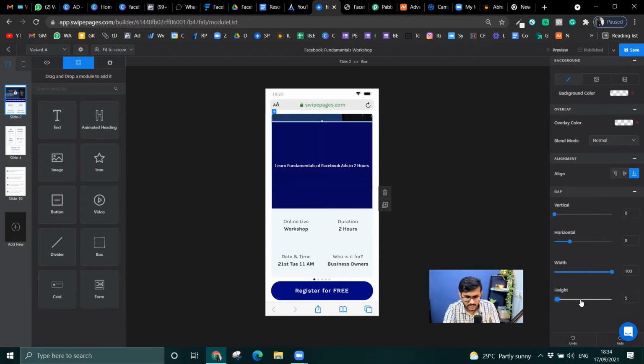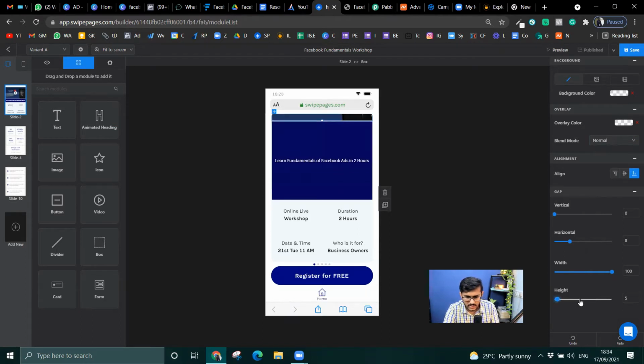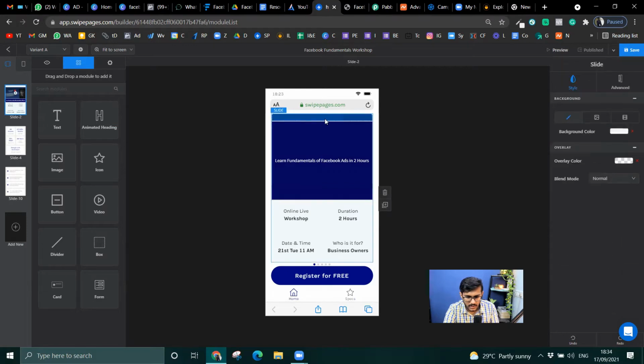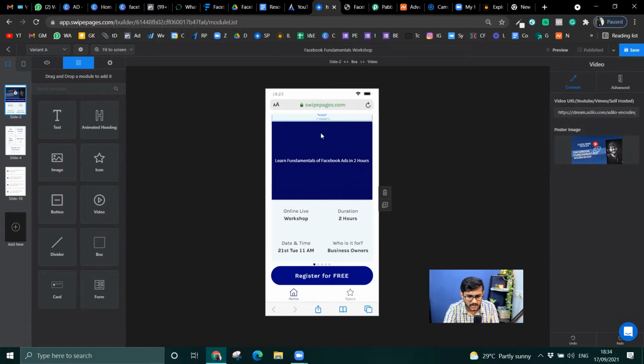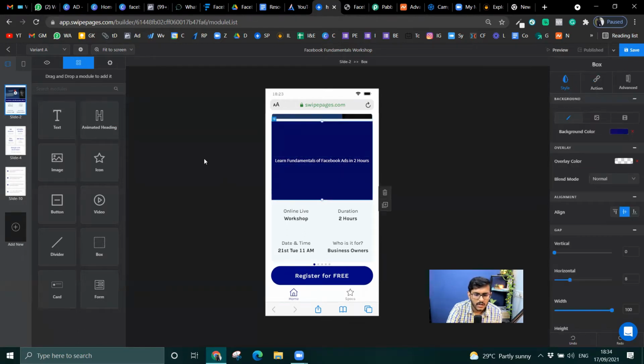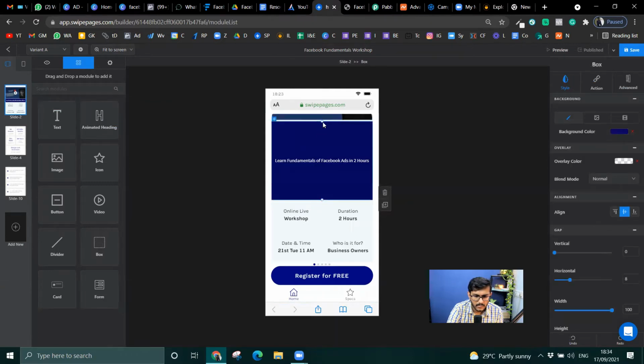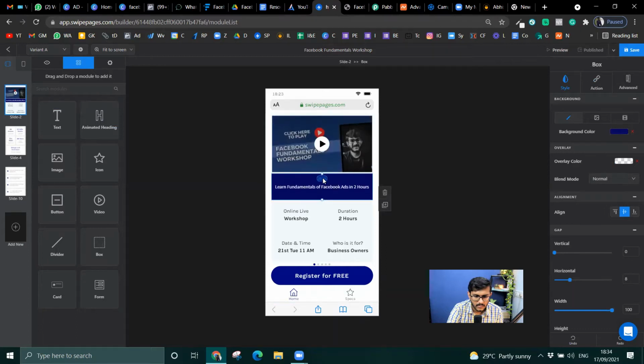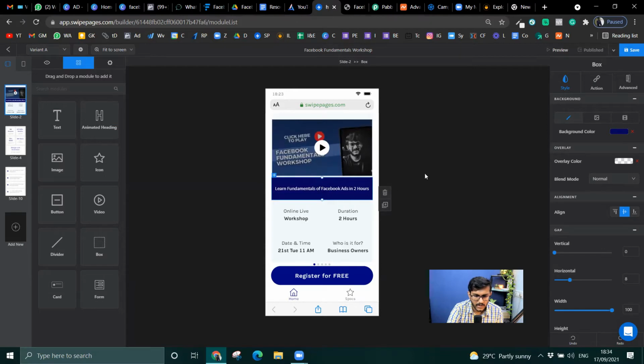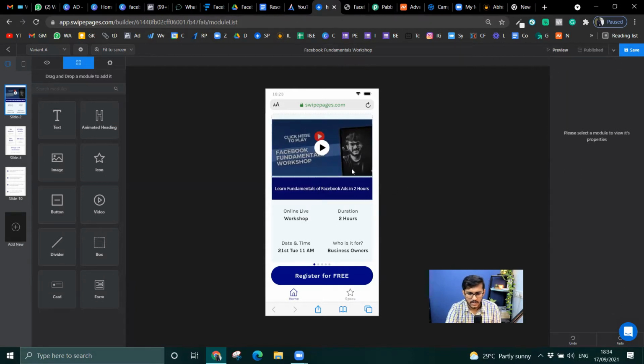Okay, okay, control Z, control Z, Z, Z. I screwed it up, guys. I screwed it up. Oh man. Okay, this is sufficient. So now my first page is ready.